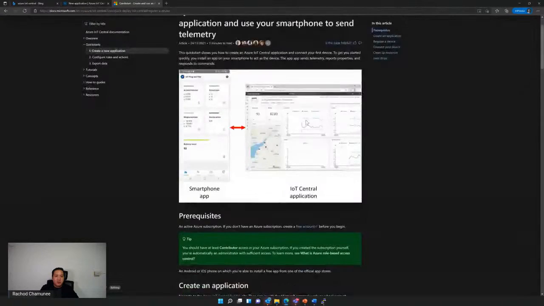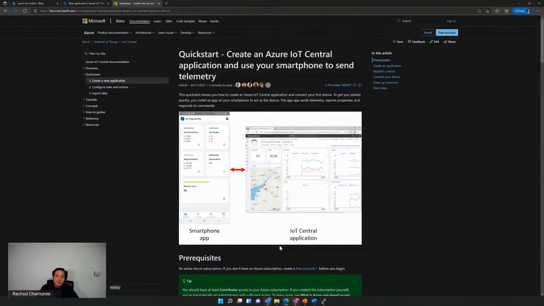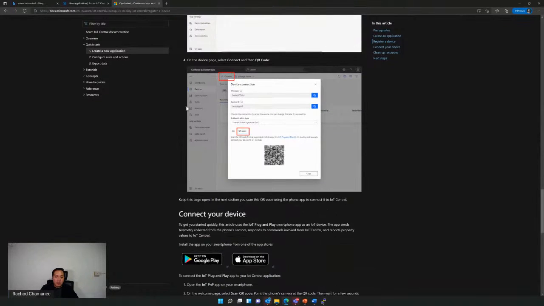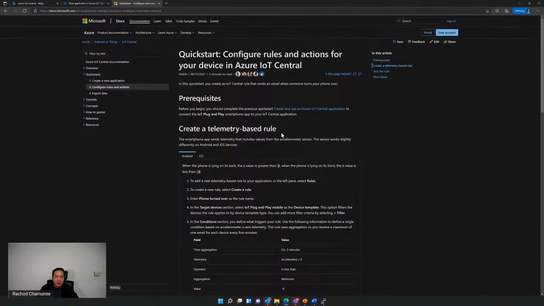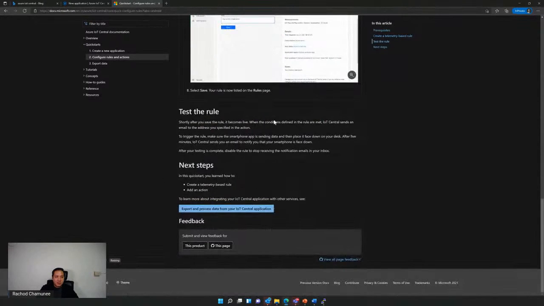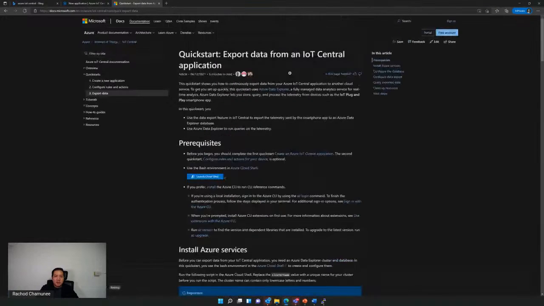Right, so this quick start example that is available on the Microsoft website is actually for you to test with a mobile phone. It's very easy. It will be step by step, right? They will show you the quick start, how to onboard the device, how you can register the device, how you use a mobile device to do that. They also show how to onboard the rule, right? Test the rule, how to export the data,